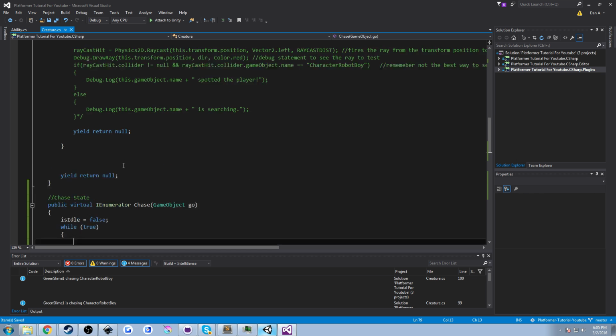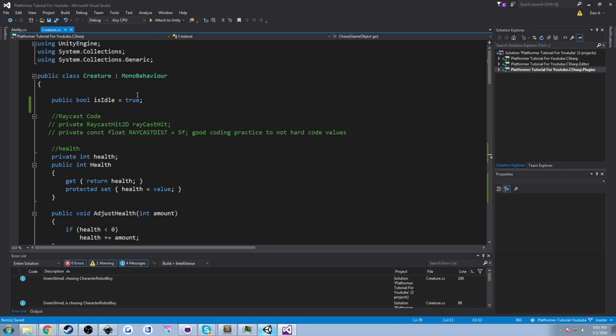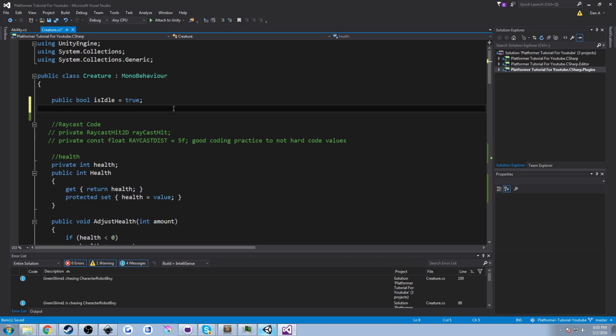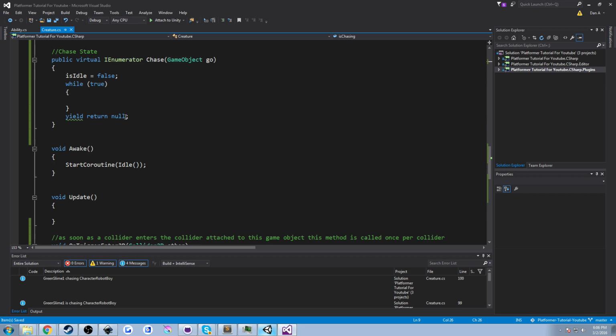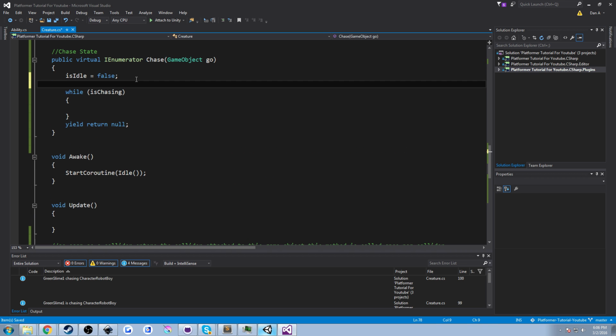Put my brackets. I'm going to scroll up to the top. Zoom in a bit more. I'm going to create another public bool. We're going to call it is chasing equals false, right? We're not chasing off the start. I'm going to copy that. I'm going to scroll all the way back down, and instead of the true, we're going to write is chasing. So we need to set is chasing to true. So we'll do that right after we set is idle to false. We'll say is chasing equals true,